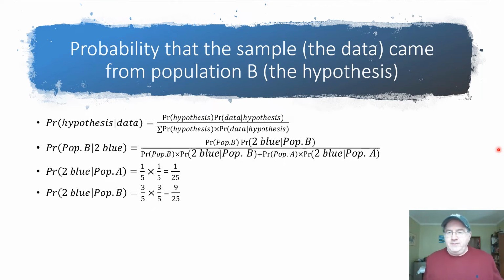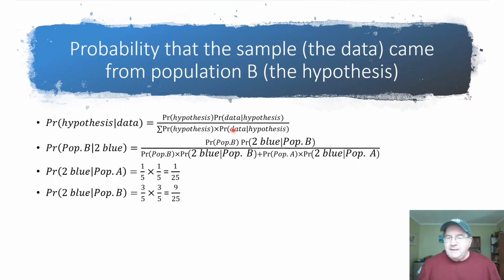Okay, let me walk you through this because it looks more complicated than it really is. So up at the top, I basically have a restatement of Bayes' theorem, where the probability of the hypothesis given the data, that's our posterior probability that we want to calculate, is equal to the probability of the hypothesis, that's our prior, times the probability of the data given the hypothesis,